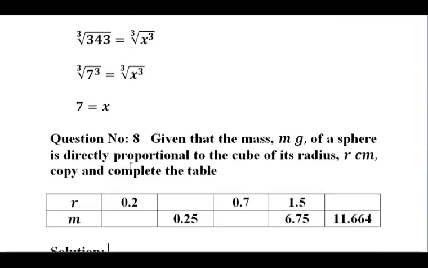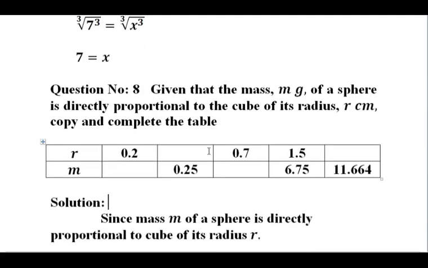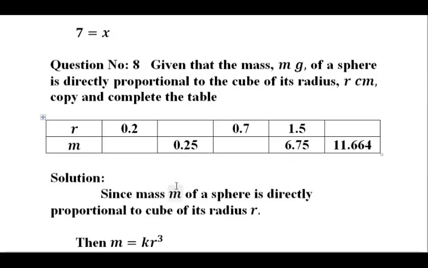Question number 8. Given that the mass m gram of a sphere is directly proportional to the cube of its radius r centimeter, copy and complete the table. In the fourth column, there are two values for x and y. Using these values, we can calculate the value of constant k, because mass m of a sphere is directly proportional